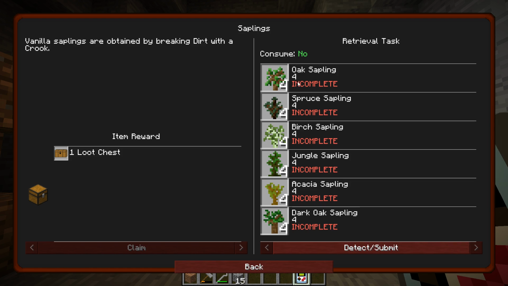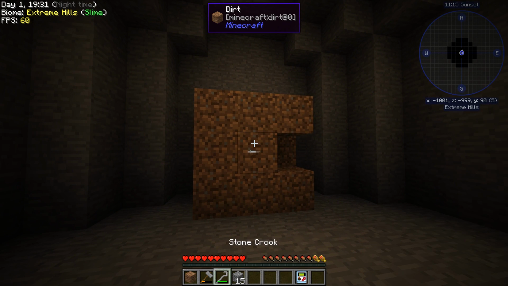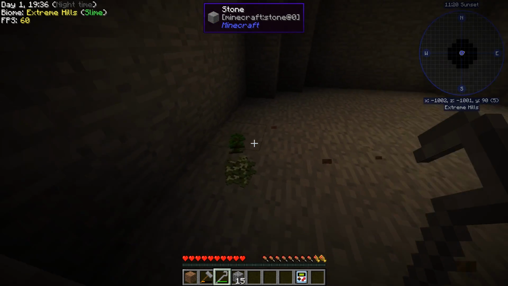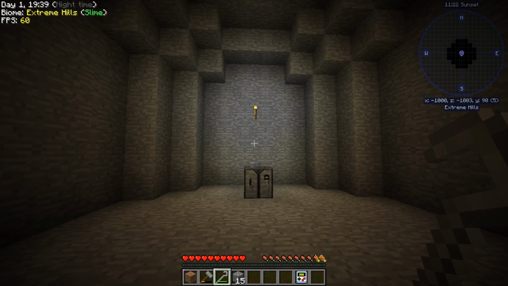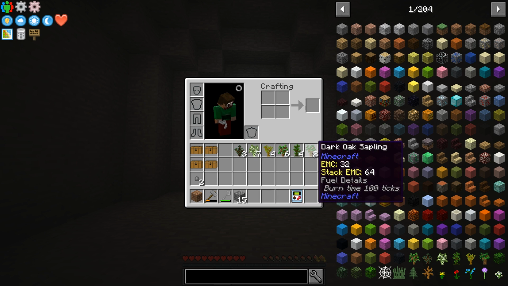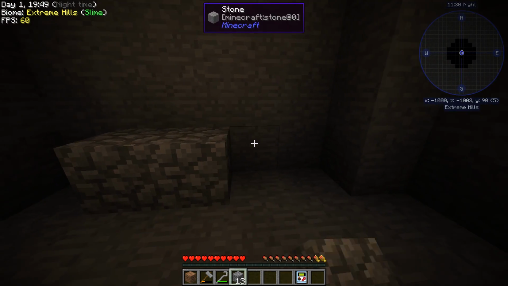We need to get 4 of each kind of sapling to complete the next quest. So that's what I'm going to do. I'm going to go ahead and vein mine this and pick up a bunch more saplings. Are we close? We need 1 more spruce and jungle and darkwood. So we're going to have to do a little more